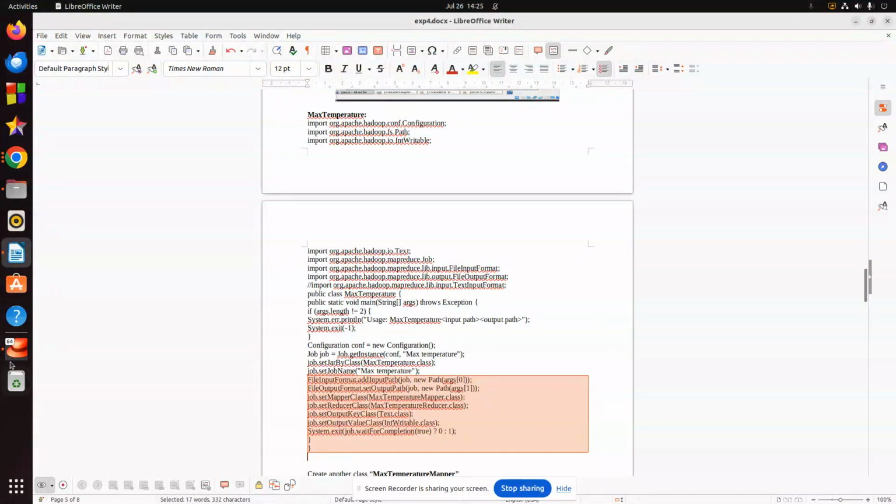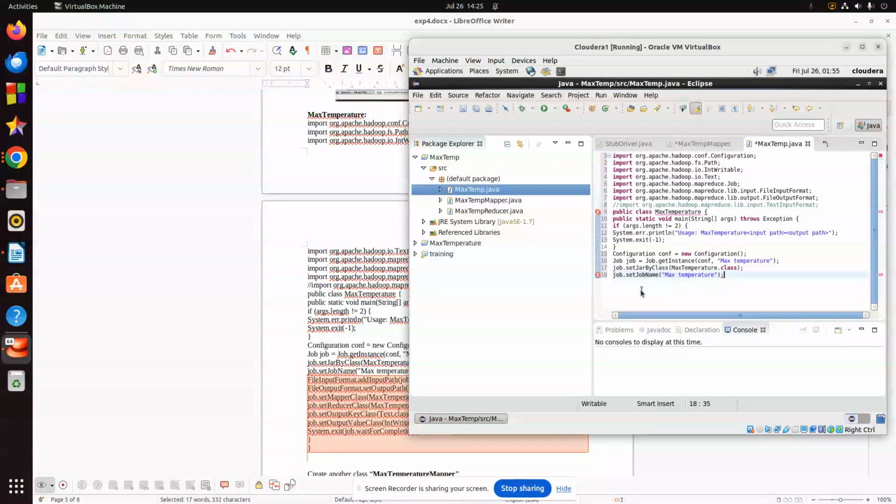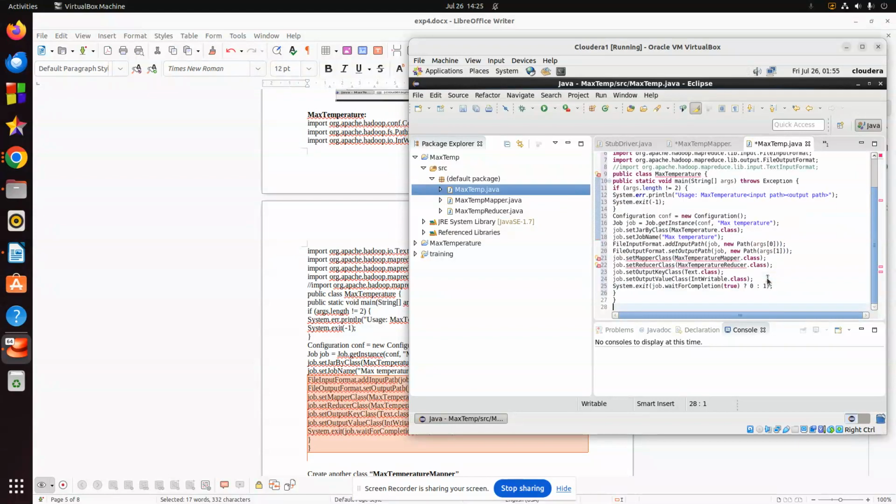While copying the code, you have to be careful. You should not make any mistakes over there. Okay, skipping away any lines, or removing or adding excess lines. So what's our file name? It is max temp. Max temp, and what are our other class names? This is class name. This is also same like file name max temp,